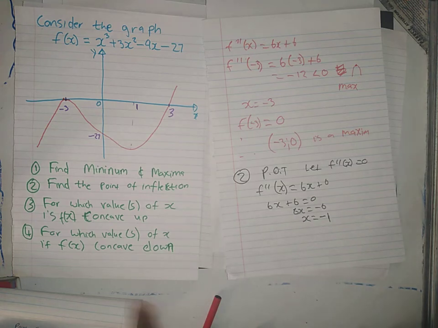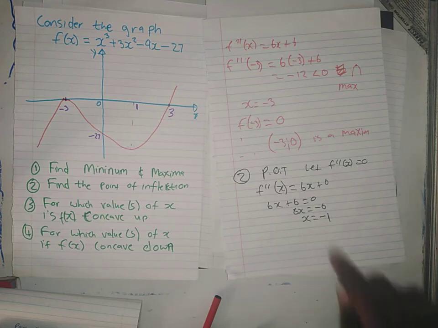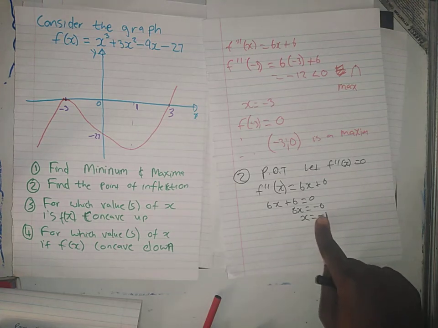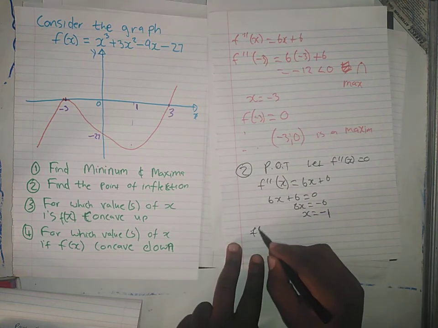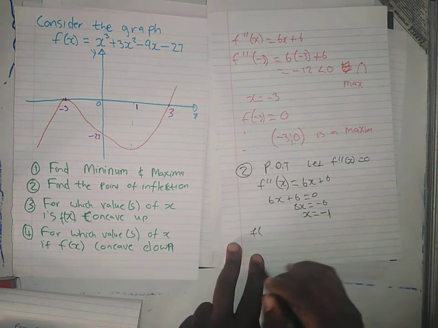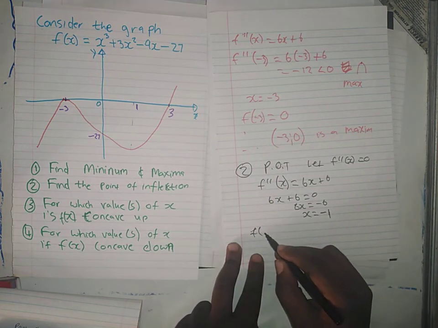Okay, but now they say a point of inflection. A point has 2 parts. They didn't say find the x of the point of inflection, though they could do that, but they say find the point. So when you have found this one, you still need the y of the point of inflection. So the y of the point of inflection is nothing other than f at minus 1. You just take this and substitute it, as we said earlier, and then f at minus 1,